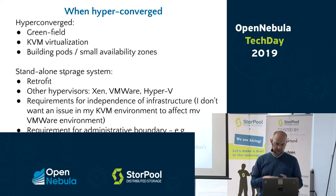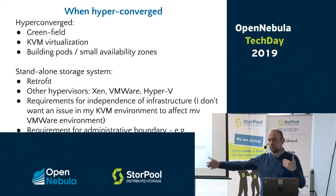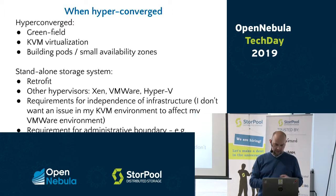And when should you do a standalone storage system? If you're doing a retrofit. So for example, I have 200 servers and I want to provide additional storage services to these 200 servers, then a standalone storage system might be the better choice. If you're using Xen or VMware or Hyper-V,